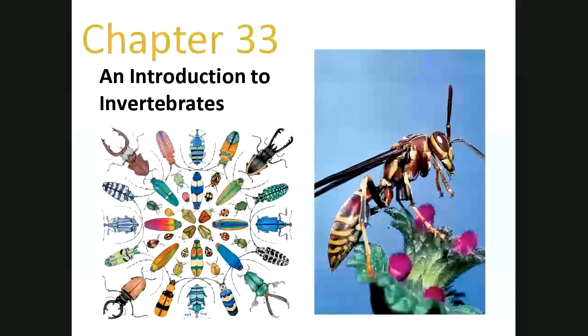I found this really neat picture of the insects there in the lower left. I think to me, it just demonstrates the diversity we see just of the insect group, let alone the rest of the invertebrates, just the color and the shapes and the forms. I read somewhere one time that folks have the heebie-jeebies about insects many times because of the fact that they have these jointed legs. See, like in that picture, the close-up of the wasp there on the right, that's really what it is. It's the jointed legs that they move around.